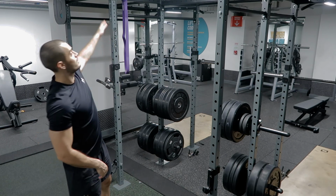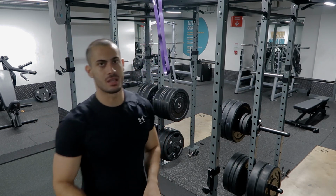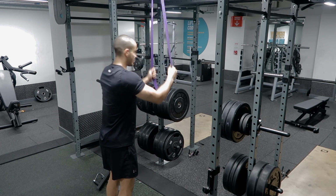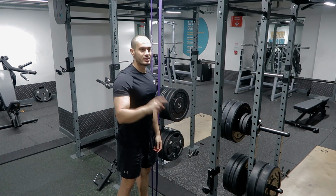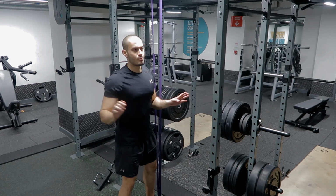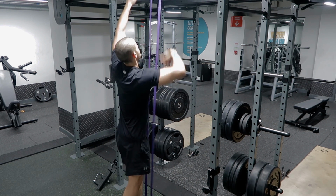Now let's talk about the band. Most people know how to use the band for this exercise, but the thing is, I see still people making a few mistakes when it comes to the band. Again, for the band, make sure your leg is still forward. So you're gonna grab the band, bring it down. One mistake that I see a lot of people do is they just put one leg on the band. Of course, your weight is getting moved by the band, but when it's just one-sided, you might come to the side as well. So because of that, try to bring both of your legs on the band,